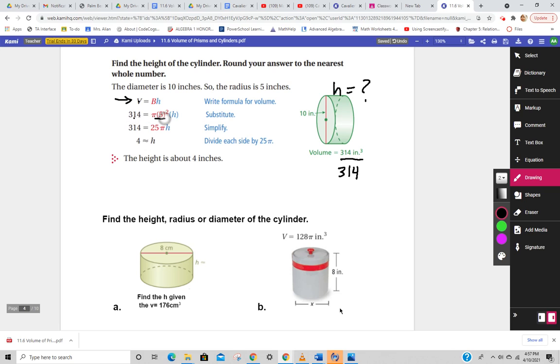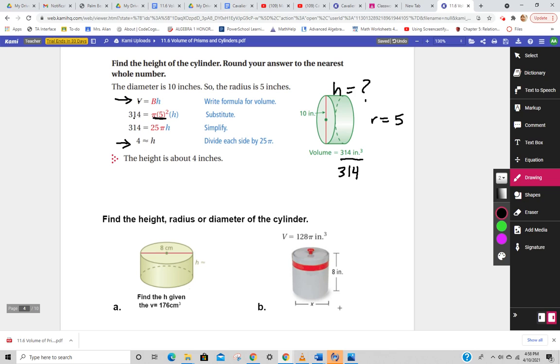And the formula, since we're talking about a cylinder, is going to be the area of the circle, pi. The radius of the cylinder here, the diameter is 10, so the radius is 5. So it's going to be pi times 5 squared times the height. But I don't have the height, so we'll just keep that as h. 5 squared is 25, so I'll have 25 pi h equals 314. So if you divide both sides by 25 pi, you'll end up with the height, which is